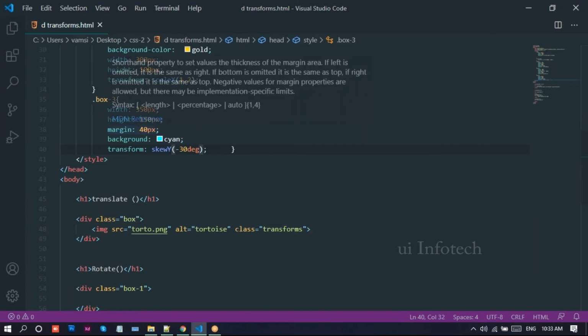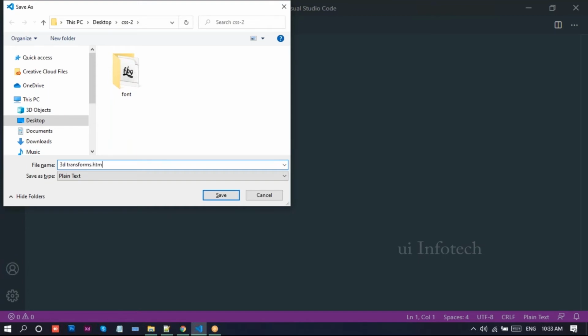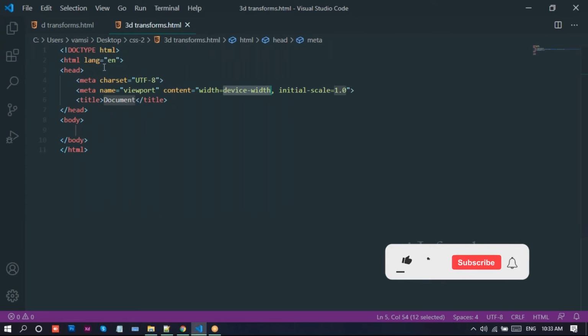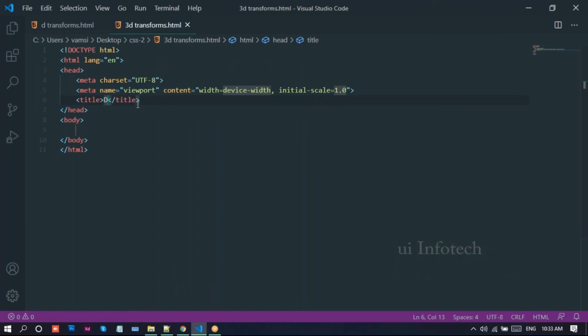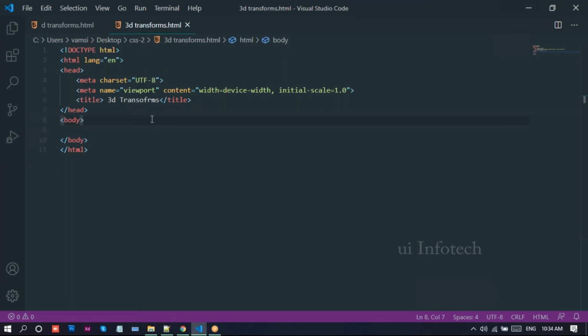Go to Visual Studio. Here I'll take a new program and save this file as 3D transforms.html. We discussed the translate property in basic transforms, so I'll take an example.